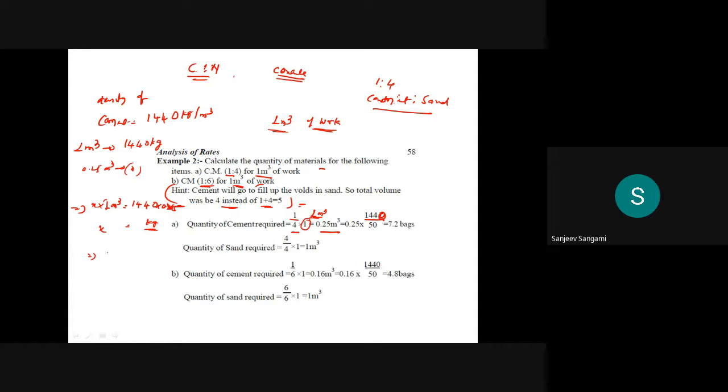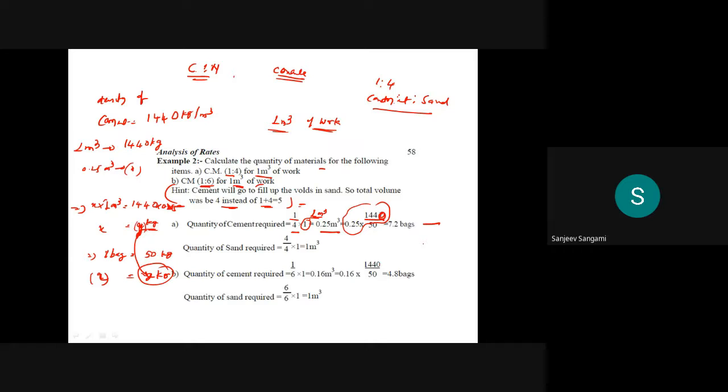Next, whatever we get will be in kgs, only this portion, and you have to divide by 50. Why do we have to divide by 50? One bag is equal to 50 kg. Assume that you are getting 100 here. You substitute for this kg. How many bags? Take this as x bag and y kg. You are getting here y kg. This you will get with the calculations. Then you just cross multiply it. So you'll get